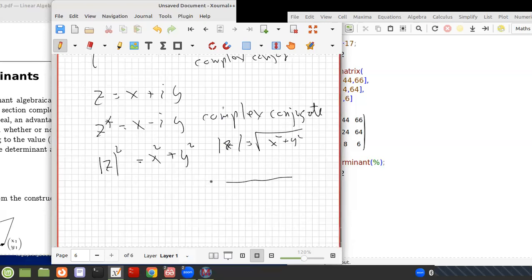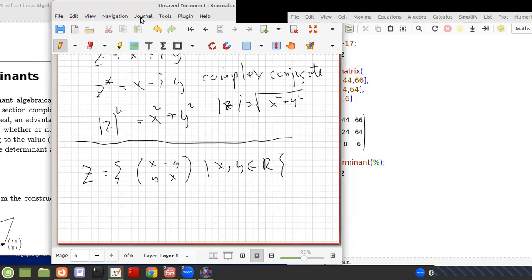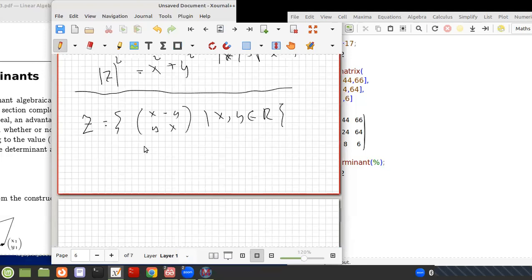Now what I want to do is show you, let's take the following set Z of 2 by 2 matrices of the form x, -y, y, x, such that x and y are any real numbers. Well, this is a vector space, and I'm going to claim these are the complex numbers. They act entirely like the complex numbers. And so the crucial thing is when I multiply